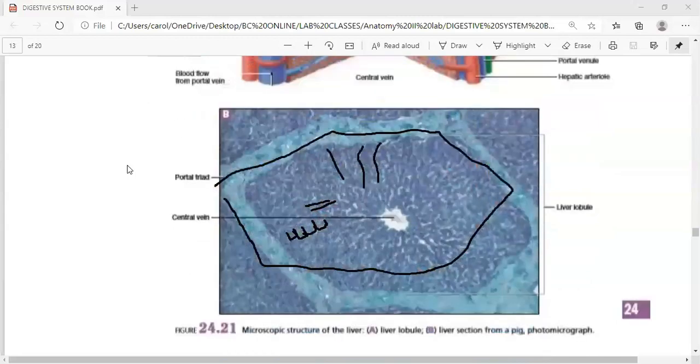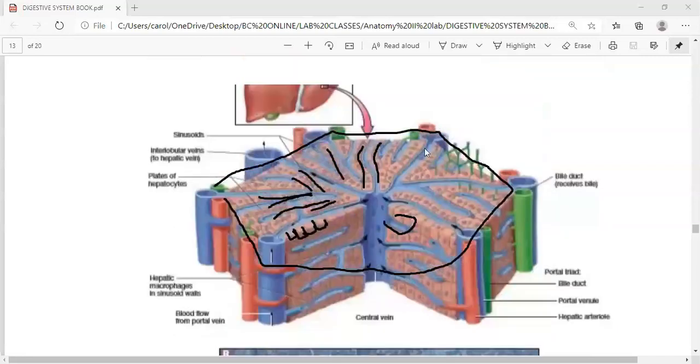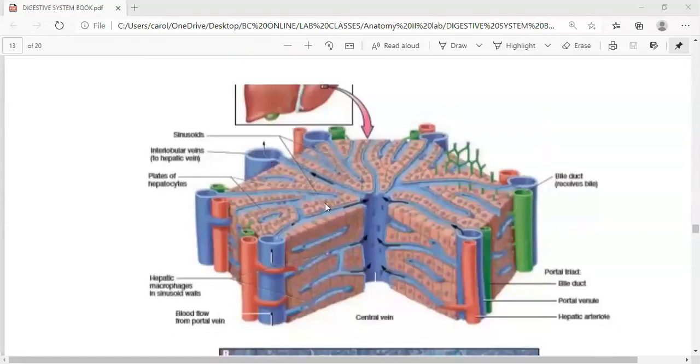When you look at the real picture, it actually matches more or less with my drawing. You can see the hexagon, and in there you can see these lines, which are the hepatocytes. These lines are the hepatocytes going this way. They go towards the center, where you have a central vein. But on the corner of each of these hexagons,